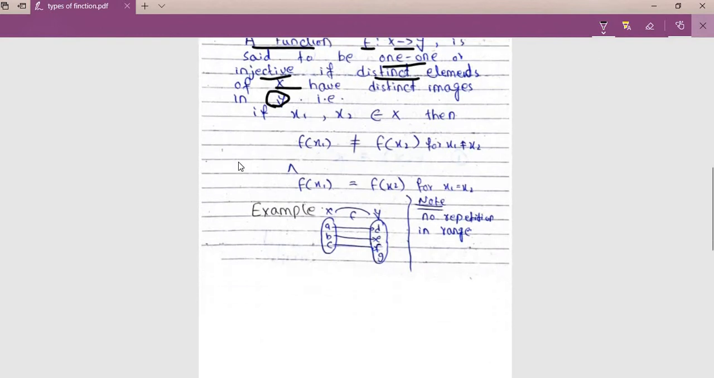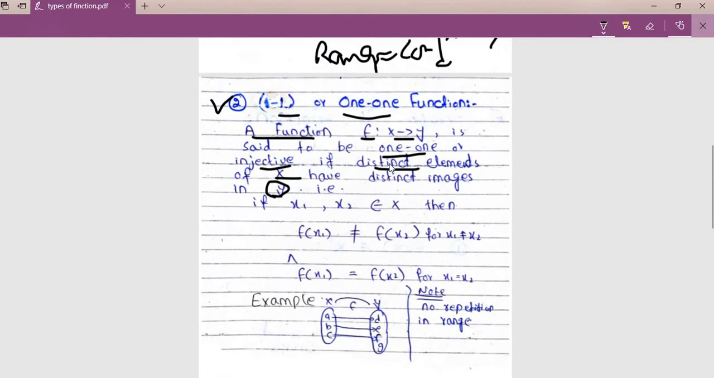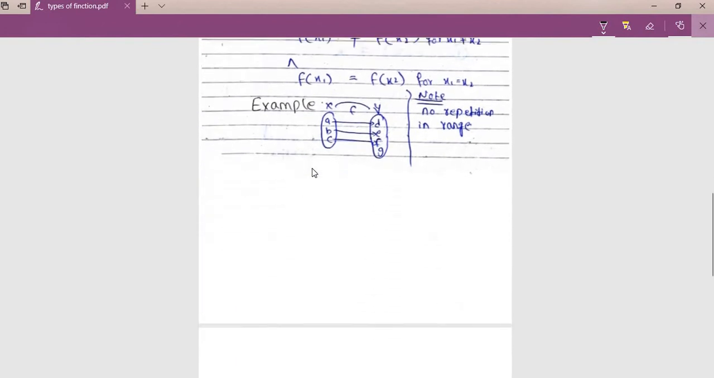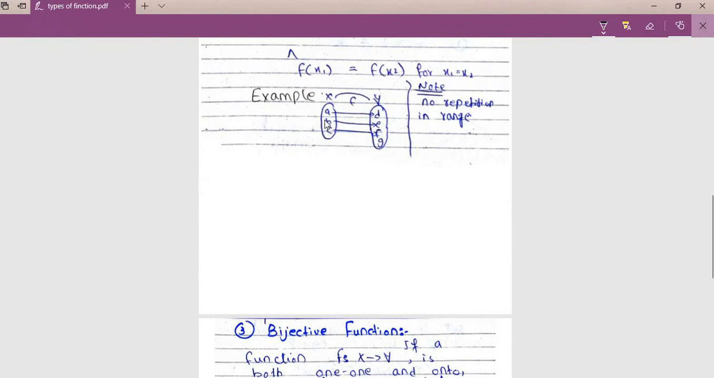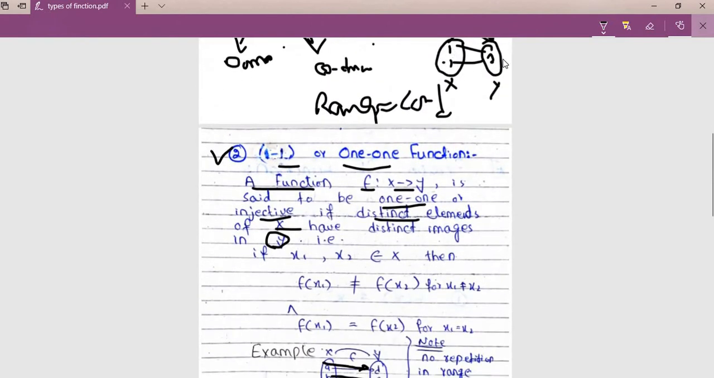For example, let me explain it through an example. If distinct elements of x have distinct images in y, let's say that distinct means different. So the image of a is d, the image of b is e, the image of c is f. You can see that we don't have such kind of images as we discussed earlier, where the image of 1 is also 1, and the image of minus 1 is also 1 in this case,